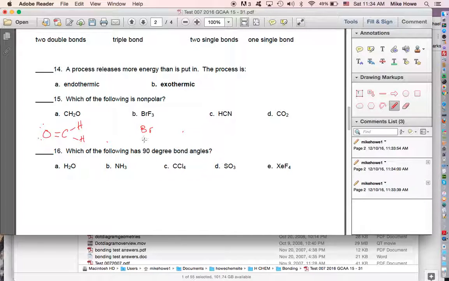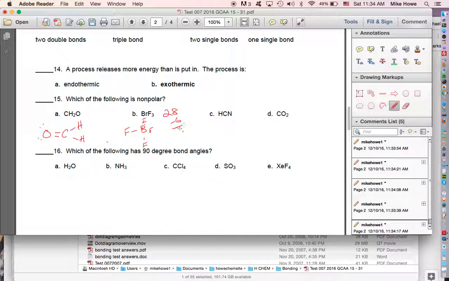is going to be a T shape, and I'm going to show you why. There's our 3 Fs. There's a little scrunch right there. Okay, bromine has 7 valence electrons, and fluorine has 7 also. So 7 times 3 is 21, plus 7 is 28 valence electrons. I have 6 in the picture. That gives me 22 still to put in. So if I put 6 here, and 6 here, and 6 here, that's 18, 19, 20. And now I'm out of spaces, so I have to put the extra ones around the middle. So you see I've got 5 domains. 5 domains. 3 are shared, 2 are unshared. That's T-shaped. All right, HCN looks like this,